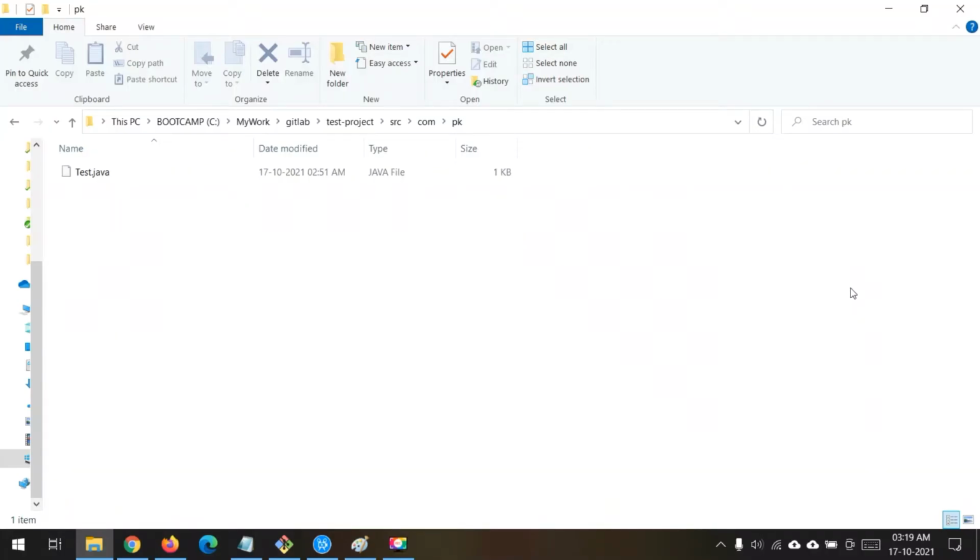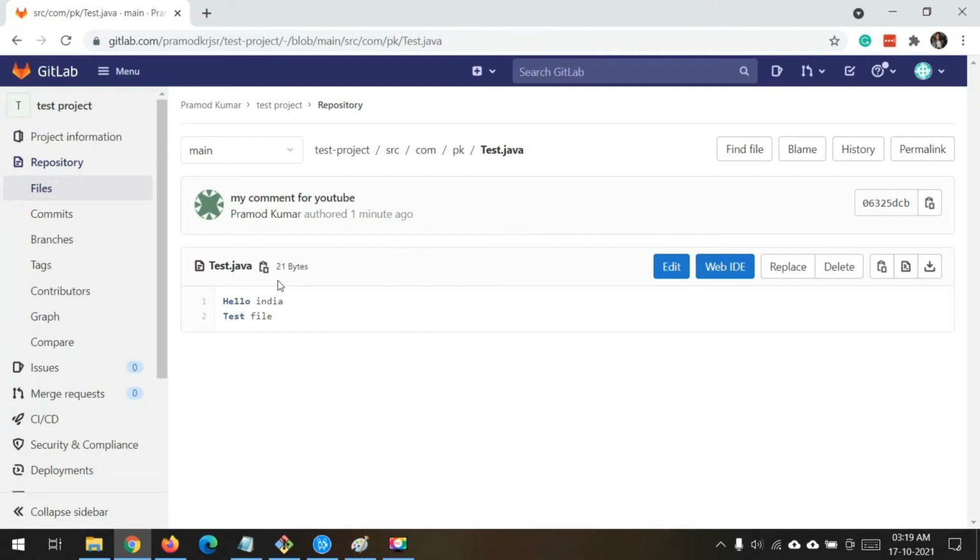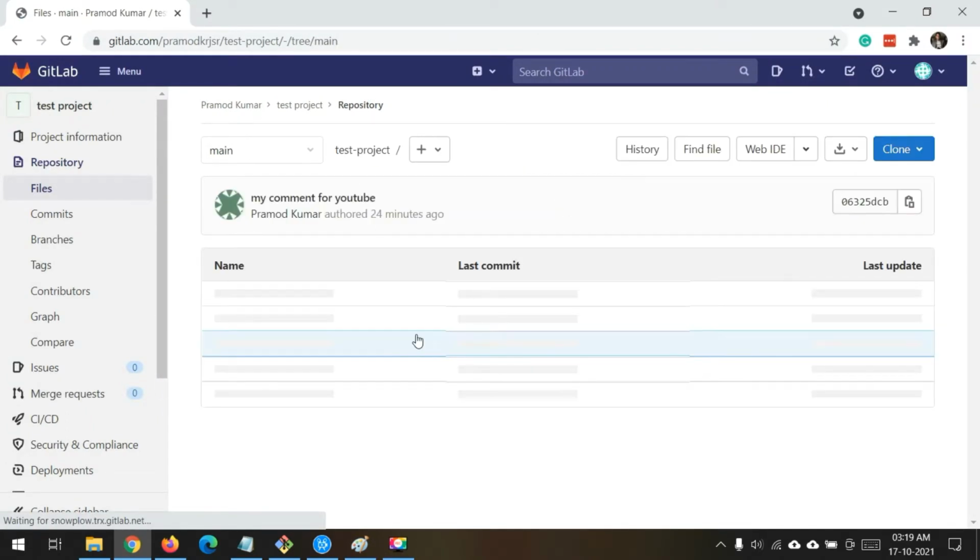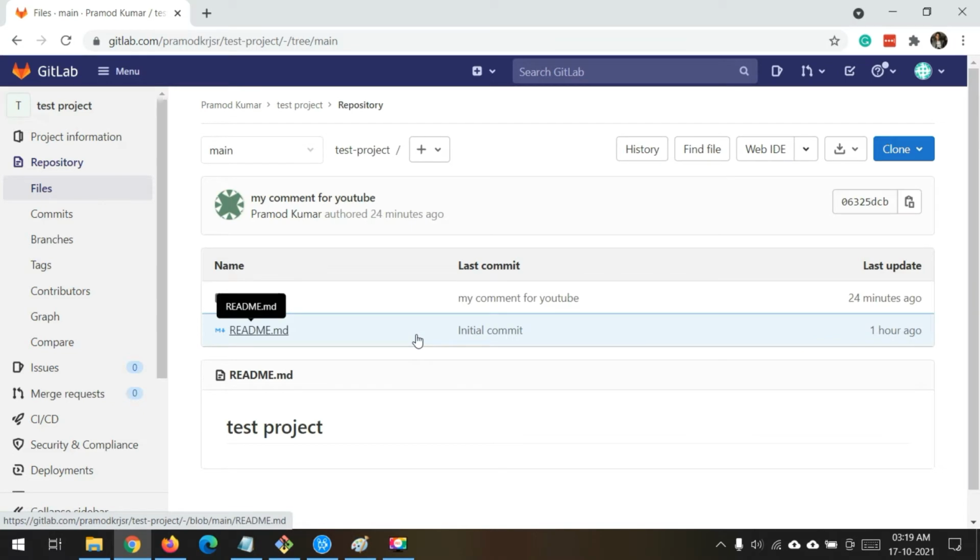If you have seen my previous video, I have created one remote repository. This is my remote repository on GitLab. It could be on GitHub also, that doesn't make any difference.